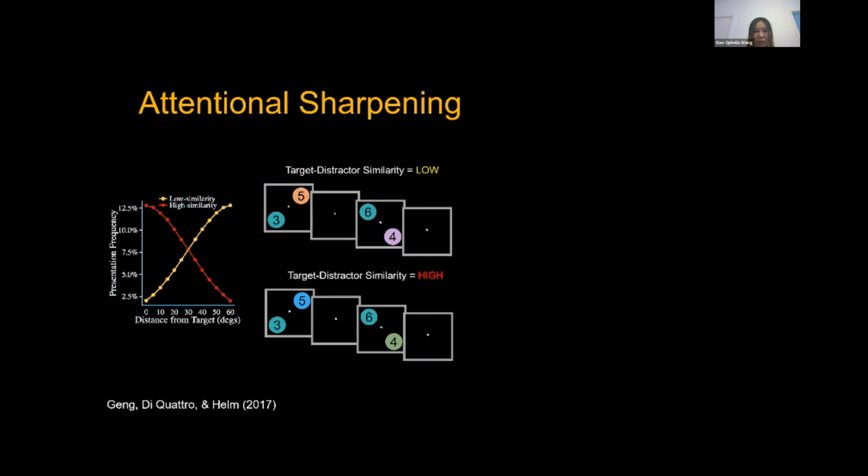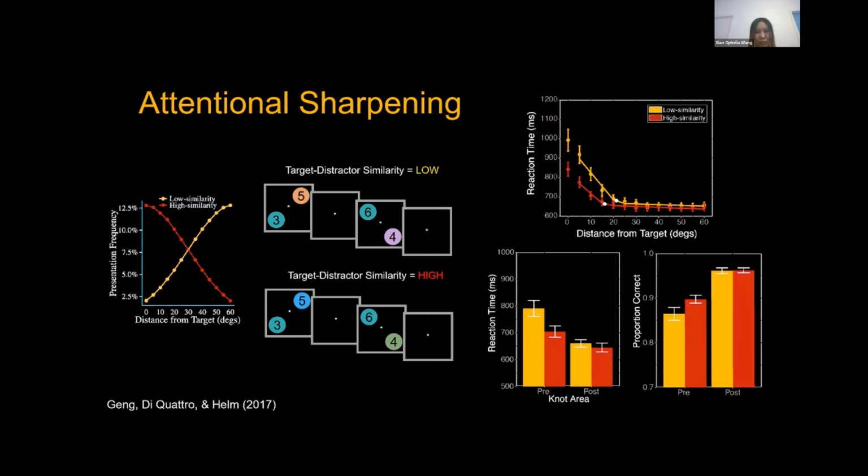Gang and colleagues found that the contents of the attentional template can be flexibly adjusted to increase target to distractor distinctiveness. This is what differentiates the target and the distractor. You might think when the target to distractor distinctiveness is high, our attentional system would be the most efficient, because this intuitively makes sense. But as you might see from the graph on the right, overall people were getting better